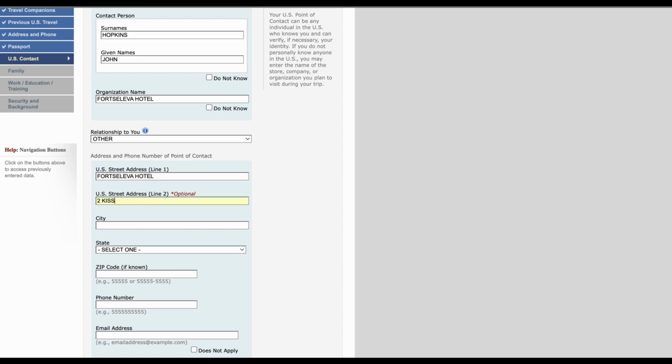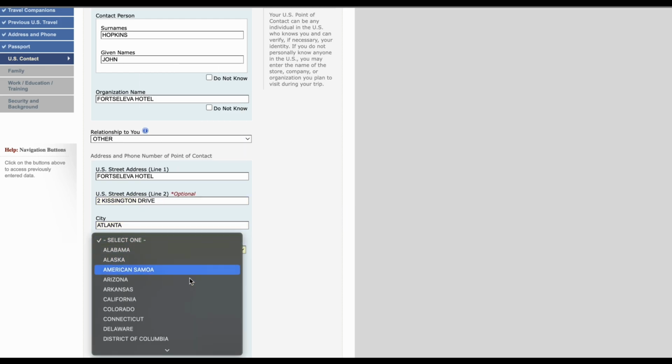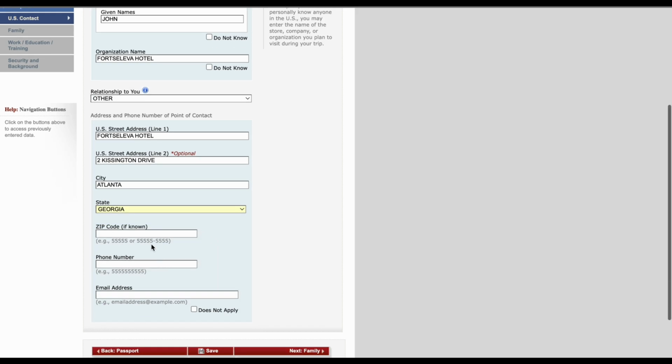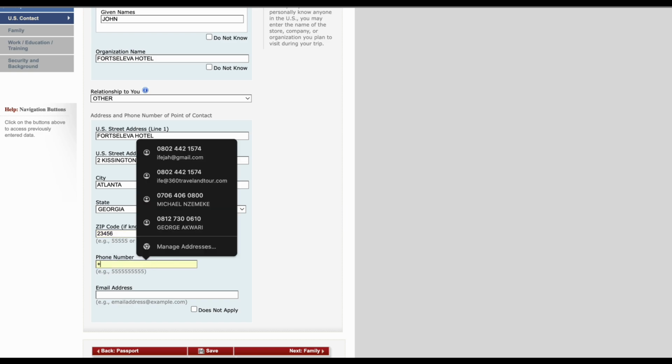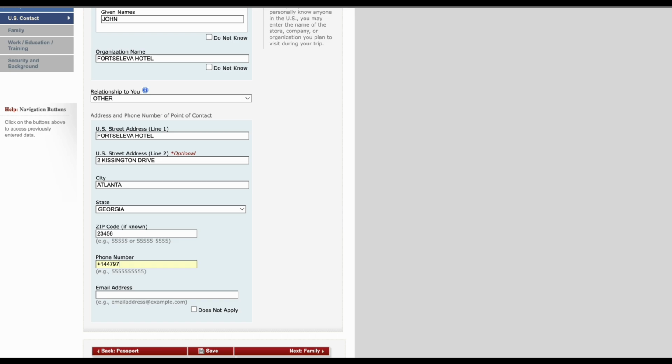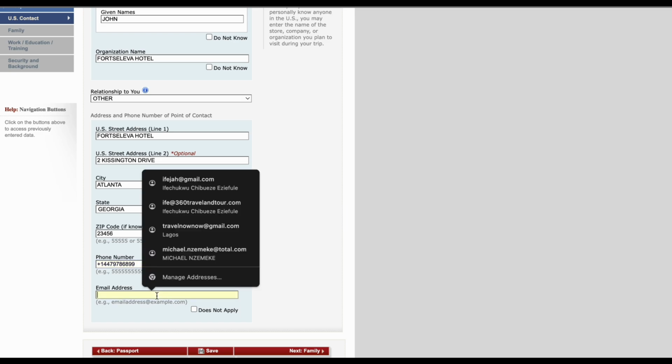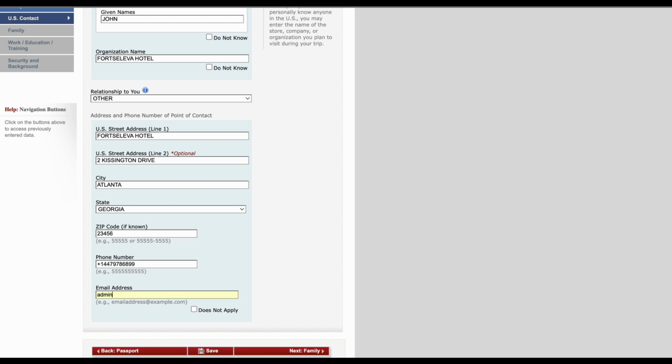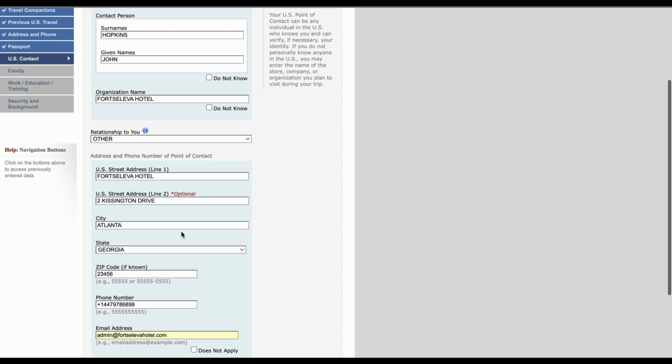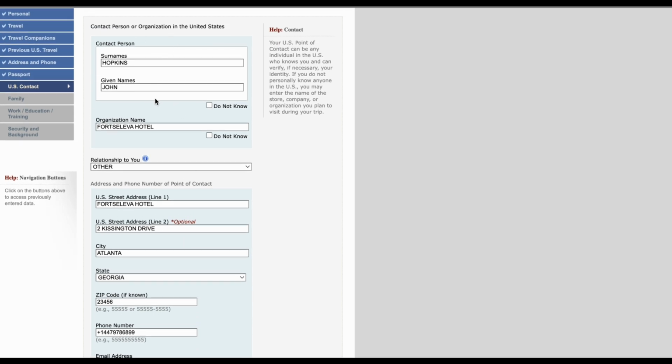number 2 Kissington Drive, Atlanta, Georgia, state code 23456, phone number +1 402797. Email address is, let's just say, admin@fortsalevahotel.com. So now let's go over this. As you can see clearly, I've provided the information of the hotel here